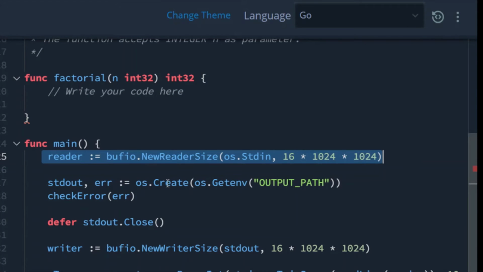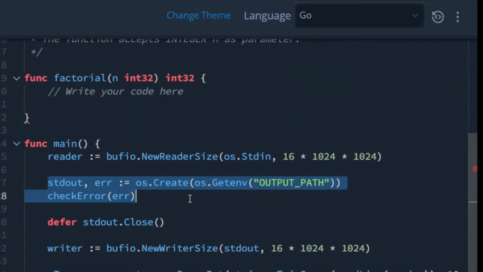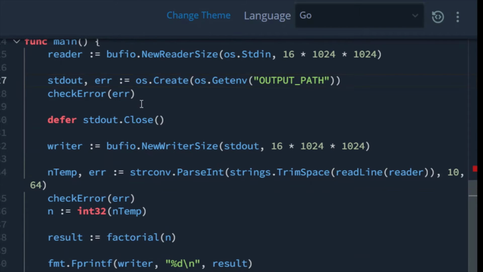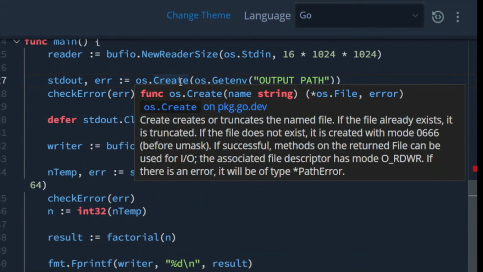Here we are reading input, they are getting one output file, then closing the file. They just gave the description here.